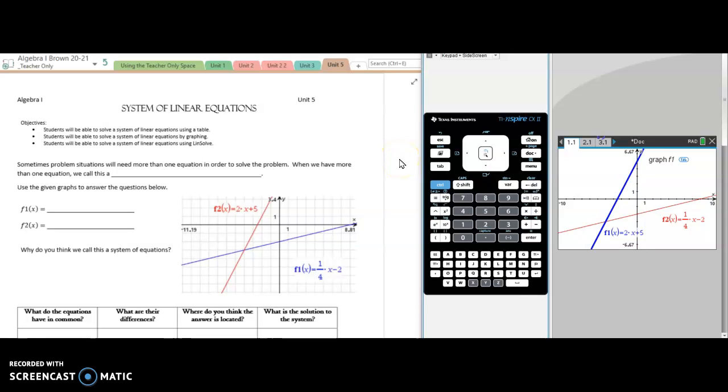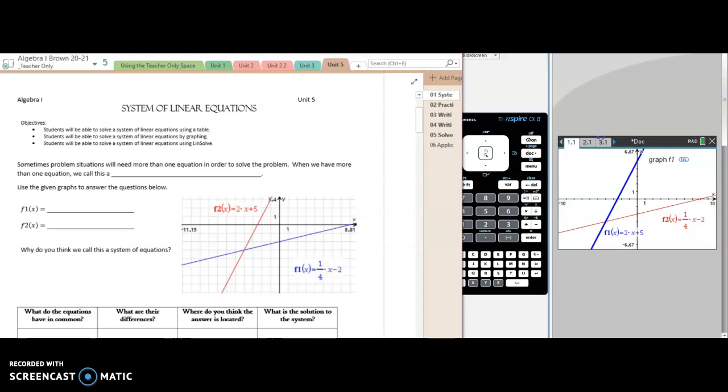Hey everyone, welcome to Unit 5. We are going to talk about system of linear equations. So when we talk about system of linear equations, we talk about,